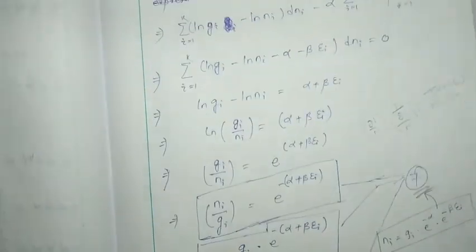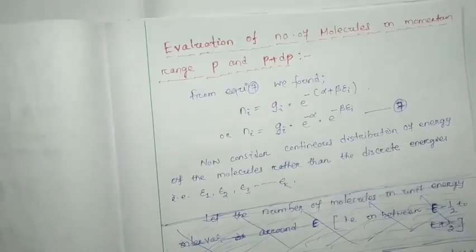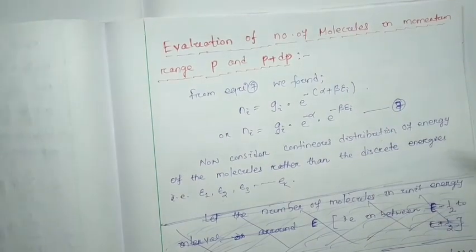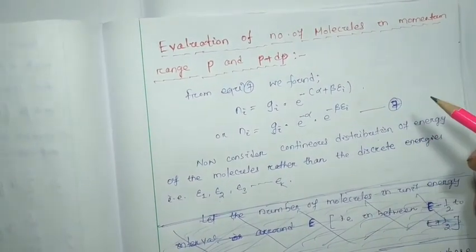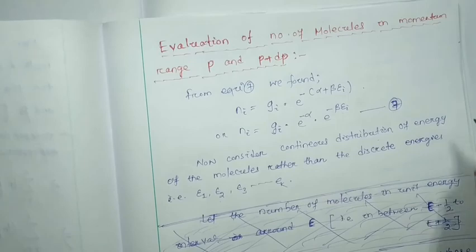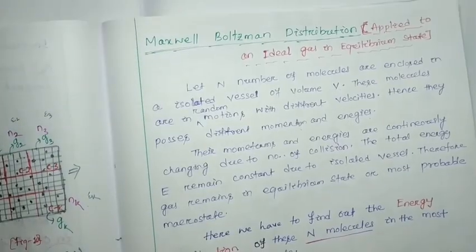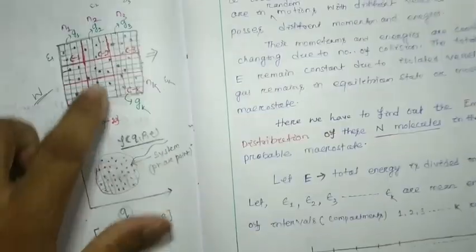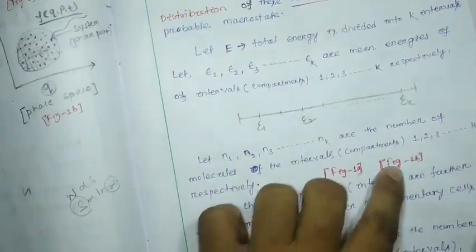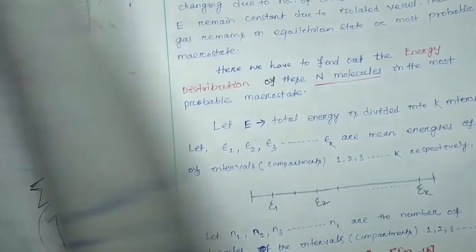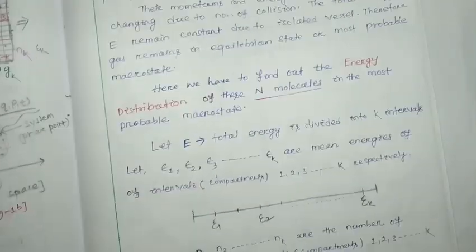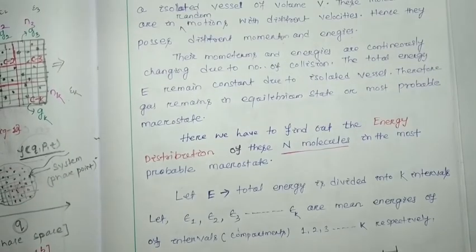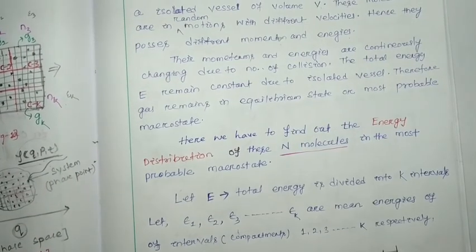So these are the extra things that may not be required if the question asks you to derive only the Maxwell-Boltzmann distribution. I told you that you have to draw these two figures side by side. You have to do it and go through this video. If you face any problem, you can ask me, and we are going to discuss it.